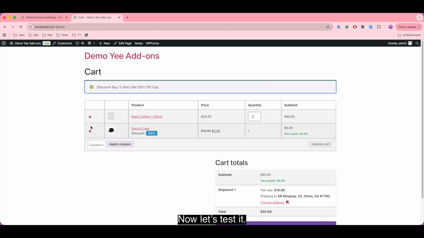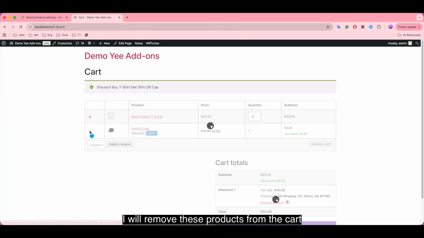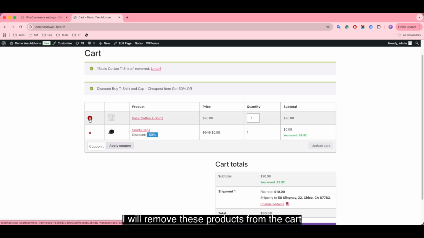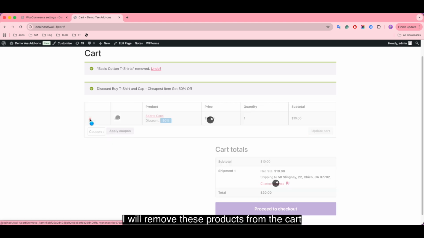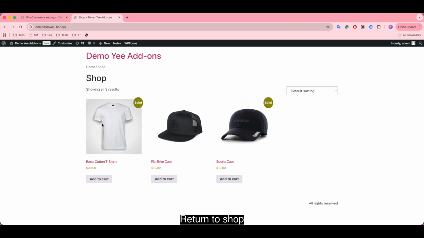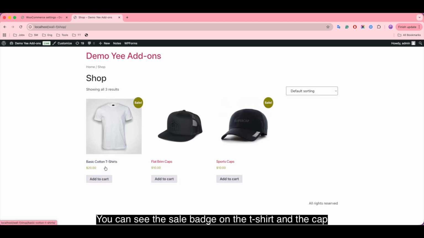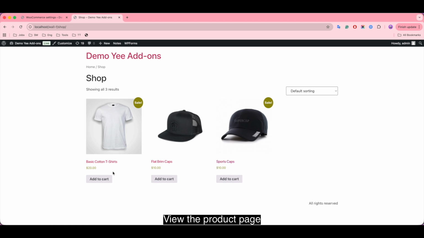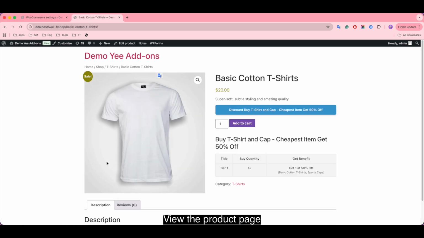Now let's test it. I will remove these products from the cart. Return to shop. You can see the sale badge on the t-shirt and the cap. View the product page.